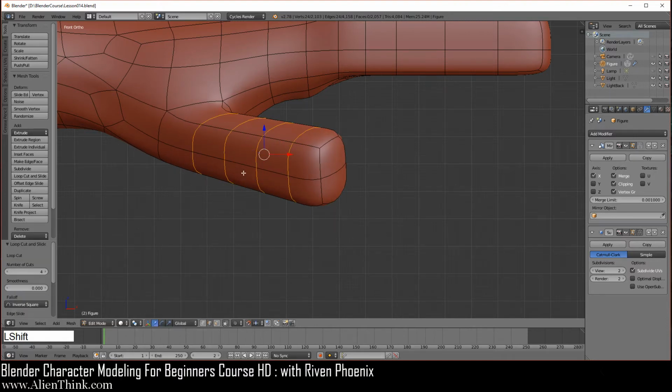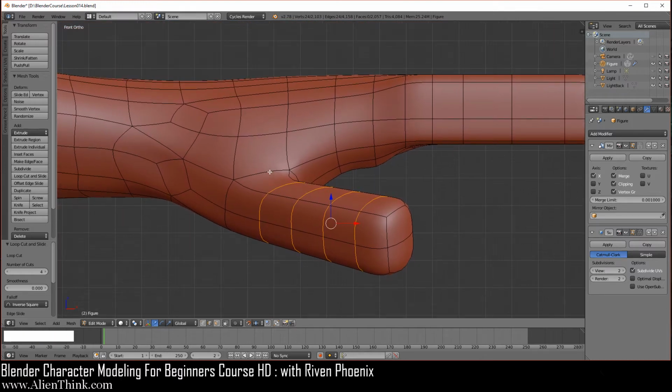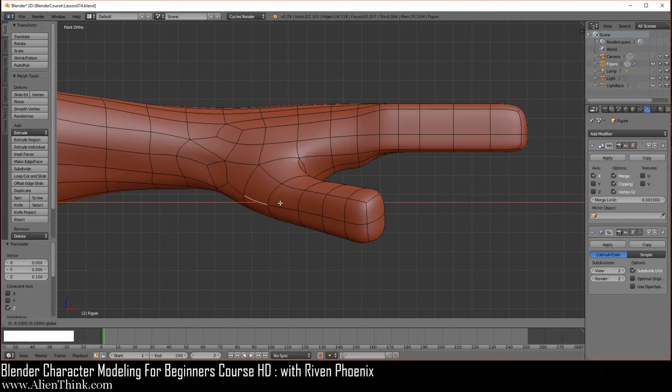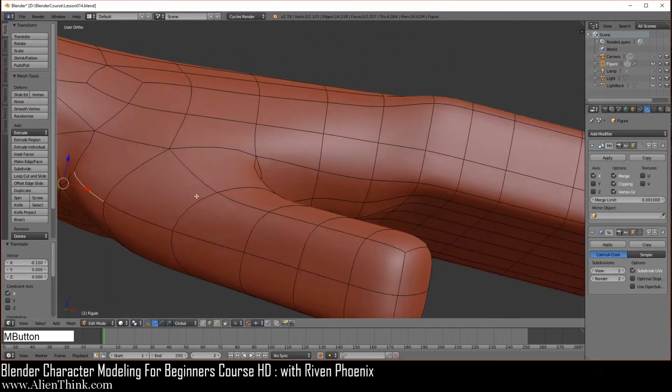Okay, now shift middle mouse button over here, and then go ahead and click on this edge. Now you're going to zoom out to get the big grid units. Okay, so now I've got big grid units. I'm going to click on this blue arrow, take it up 1 time like this, click over here, red arrow to the left 1 time like this, then click over here, do the same thing, red arrow to the left 1 time like this. Now I'm just going to zoom in and do the middle mouse button.